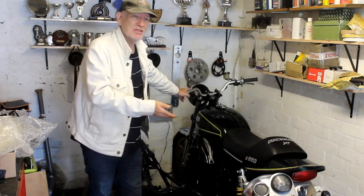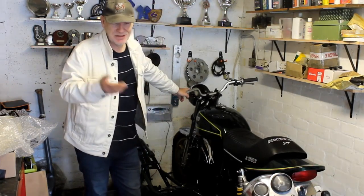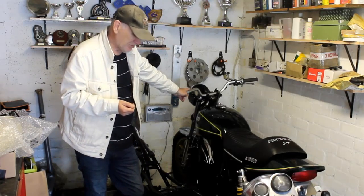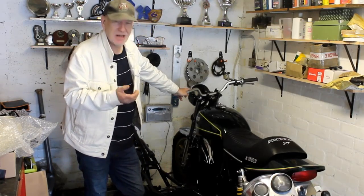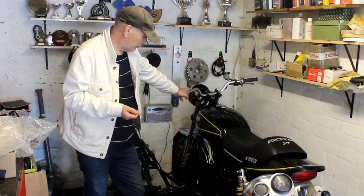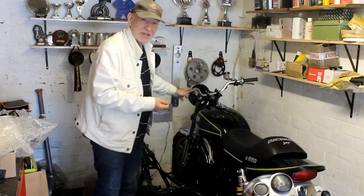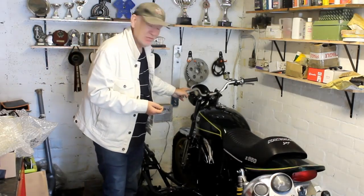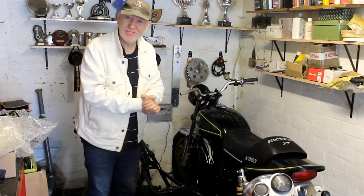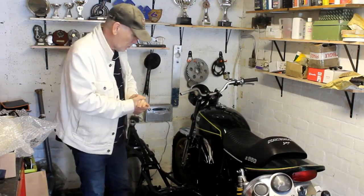Now, fair enough, Z1s and Z9s cost more and are worth more than Z1000s, but this was not a particularly good example. So I thought, oh god, I'm not doing that, because you buy it and then I'll throw away half of it. I won't keep the shocks, suspension, the wheels, the brakes. The engine will be completely rebuilt. So what are you buying? You're buying a logbook and some bodywork and the basics of the engine, and that's not worth £6,500 to me anyway. So I kept on looking,